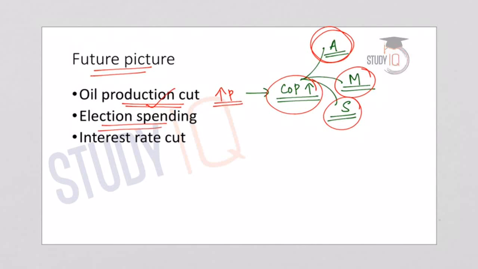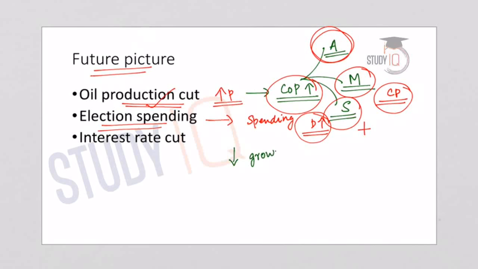Secondly, the general elections are approaching, and there is a general tendency that the political parties will increase their spending. As the spending increases, it will increase demand pull inflation. So in the first case, we have seen cost push inflation, and along with this, increased spending will create demand pull inflation in the economy. Both of these have culminated into a twin challenge. On one hand, growth is slowing down, or there is an output cut in the manufacturing sector, so there is lesser economic growth, but at the same time the inflation levels, even